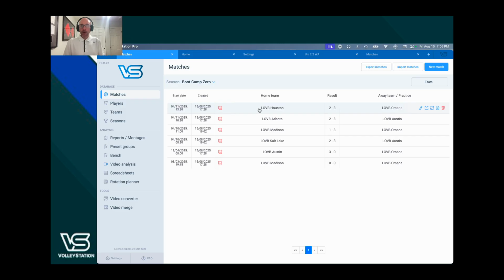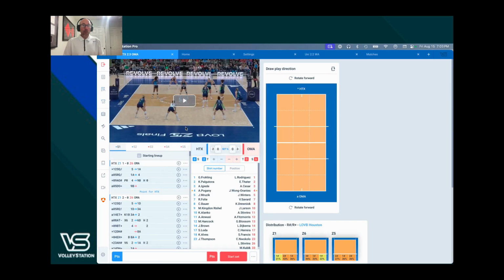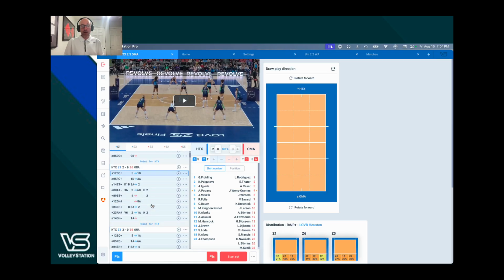Now, I want to go back to this Houston versus Omaha match here, and this is the match that I want to spend some time looking through for this particular session. So now, if I open this up and I'm just curious, like if I'm trying to scout a team, maybe I'm wondering if the people that are playing in this match are the ones that generally play, the people that I'm looking for, etc. And I could figure that out by looking at all of this,